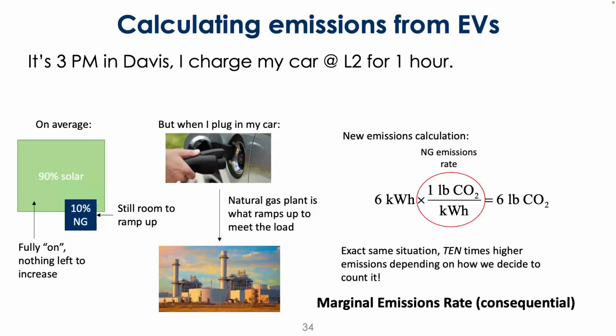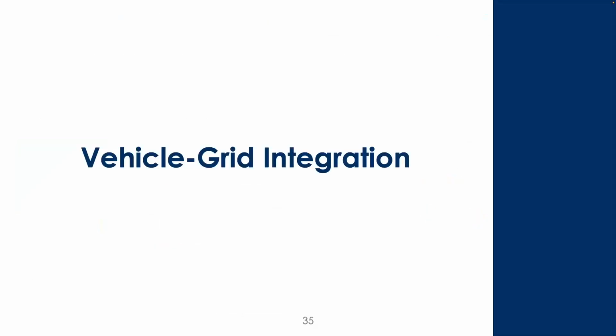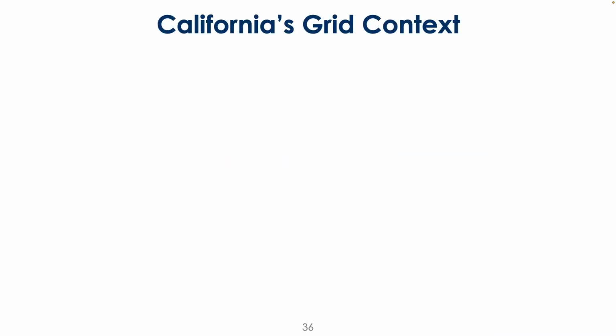Okay, so that covers the emissions piece. The last part that I want to talk about today is folding in this idea of how vehicles and grids can actually interact in more interesting ways. And so VGI, also known as vehicle grid integration, is a pretty big area of study where we think about how vehicles can act as assets to help with issues that the grid is facing. So I wanted to provide just a little bit of context for you guys. So in California,